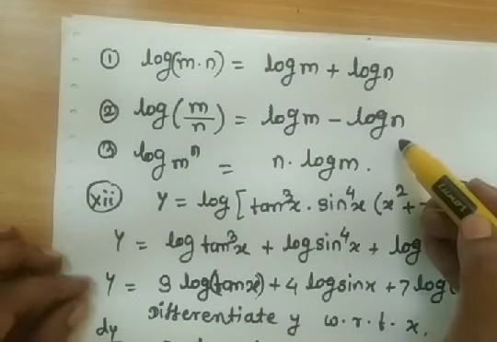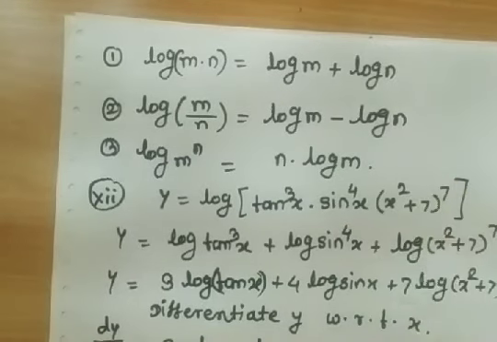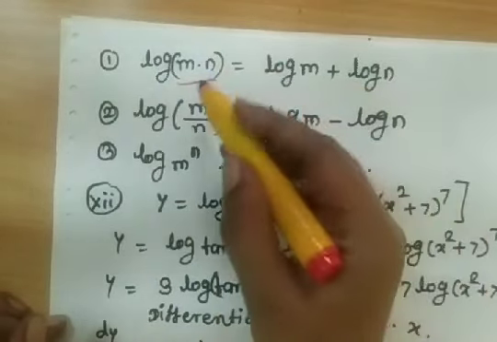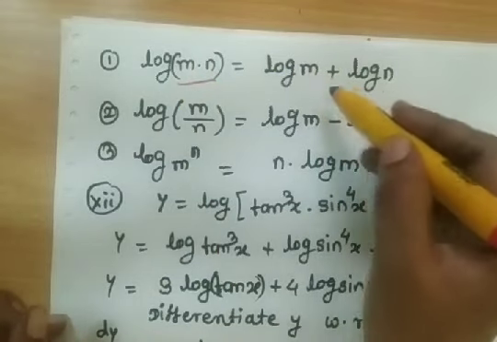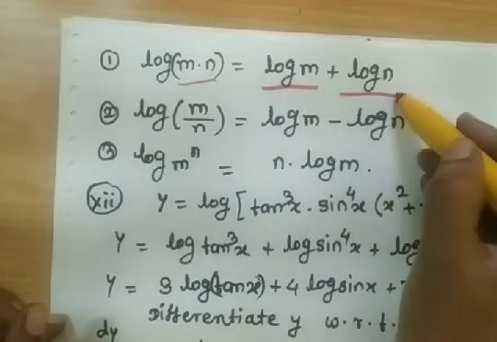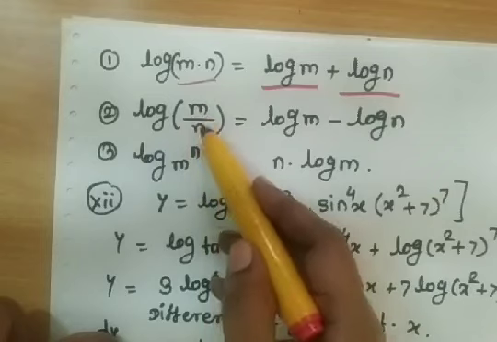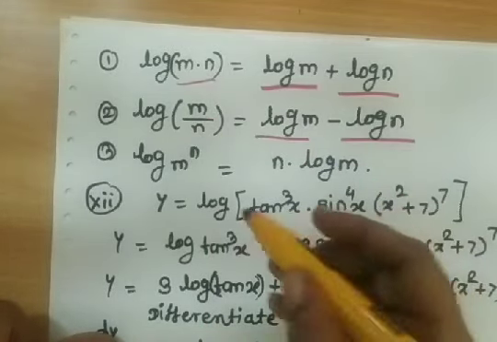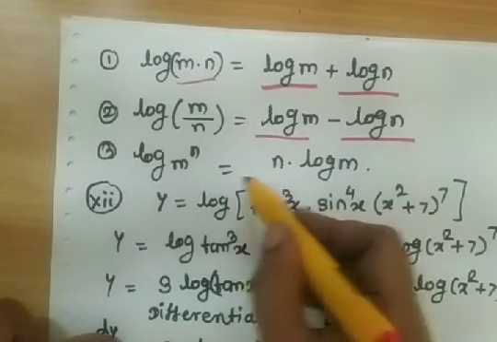We need this in logarithmic differentiation also. Therefore, I will first explain the laws of the logarithms. When two functions are multiplied, the logarithm of the product is equal to log of m plus log of n. When the quotient is taken, log of m by n becomes log of m minus log of n. The third law: